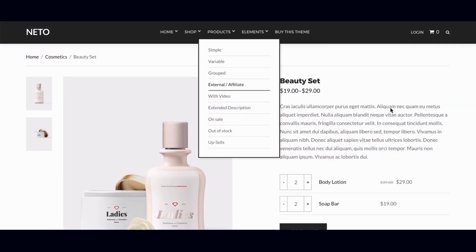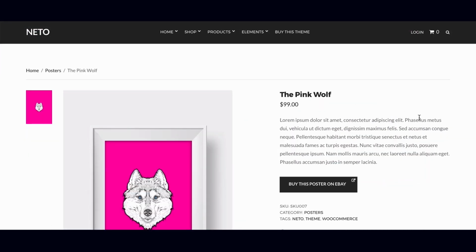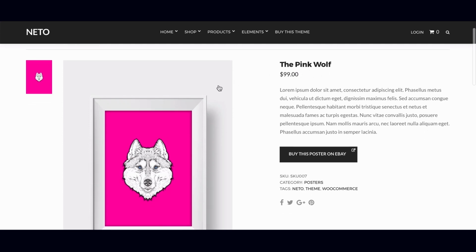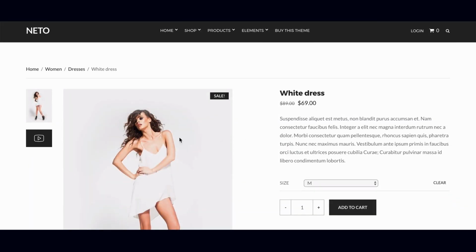Next is an external or affiliate product. If you're a blogger or affiliate marketer, this theme handles external or affiliate products really well with the ability to input custom external links and amend the button text for each product. There is also the ability to add a video to any product,